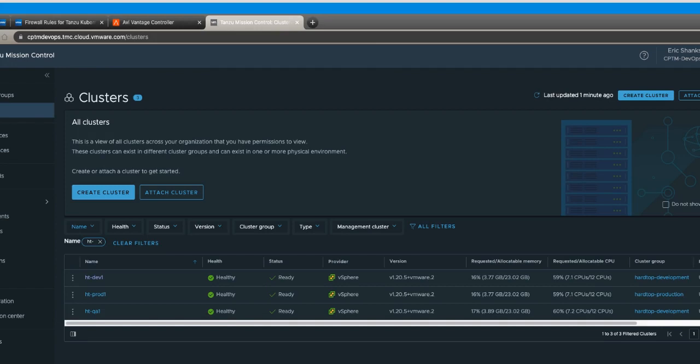Now, up until this point, we really haven't done anything other than deploy our Kubernetes clusters and get them registered with Mission Control. We're not really doing much with them besides that. Mission Control is going to allow us to do some pretty powerful things across not only a single cluster, but across a fleet of clusters. So one of the things that we look at first